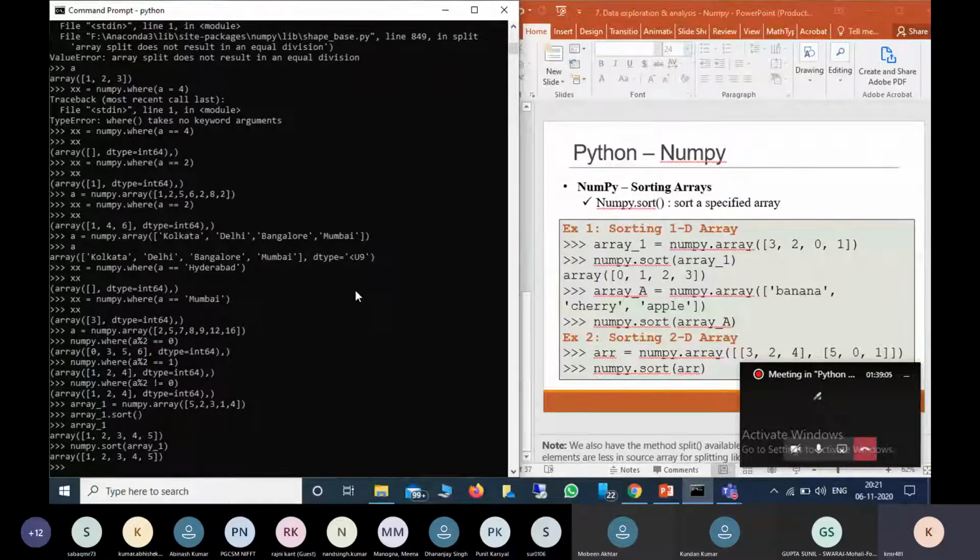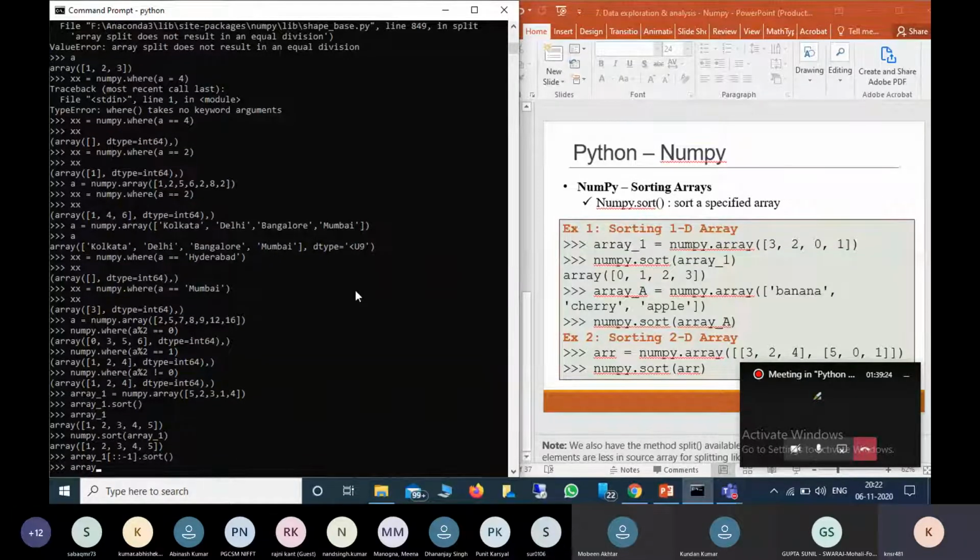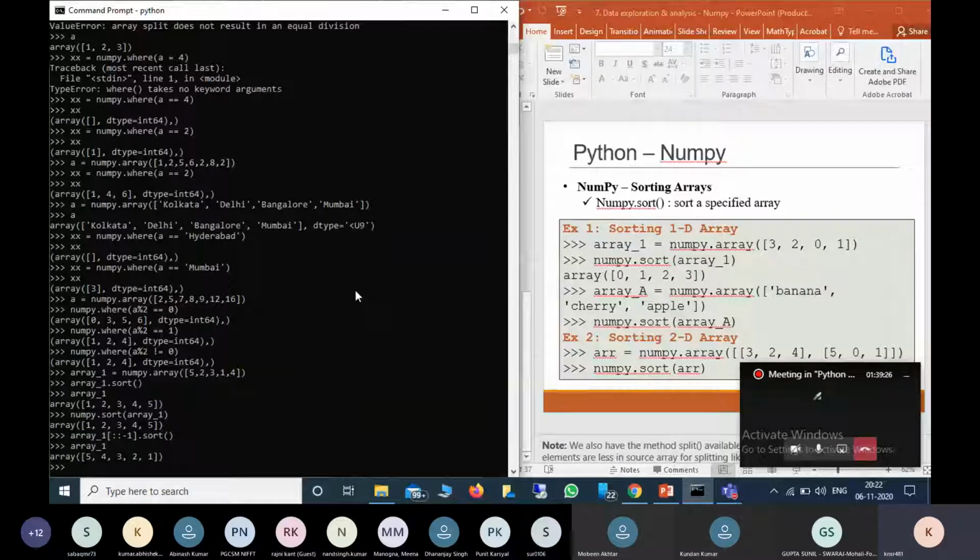If you want to get descending order, what we can do is array of 1 with minus 1, which we used earlier for reversing elements, and sort. It will give 5, 4, 3, 2, 1. So it is in descending order.